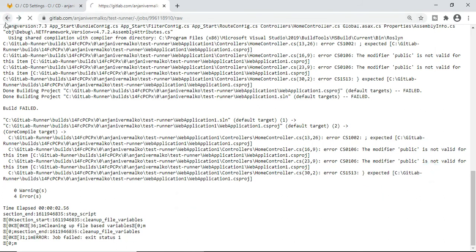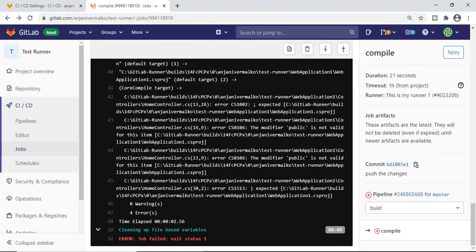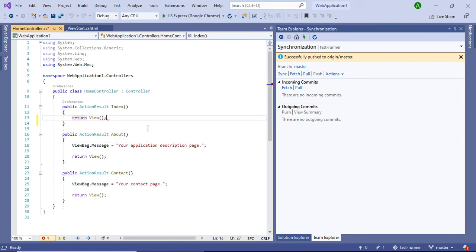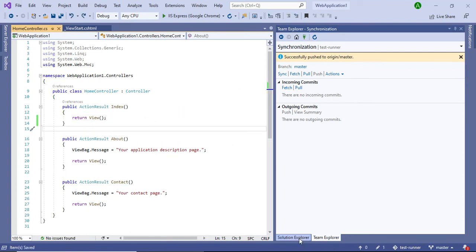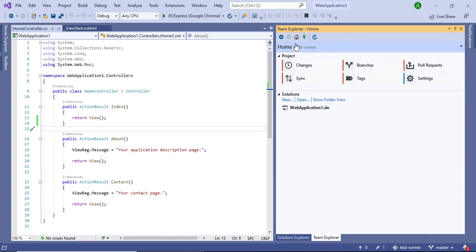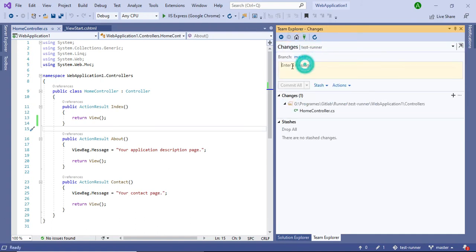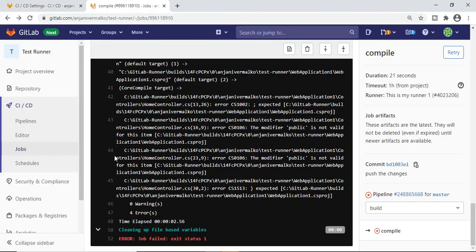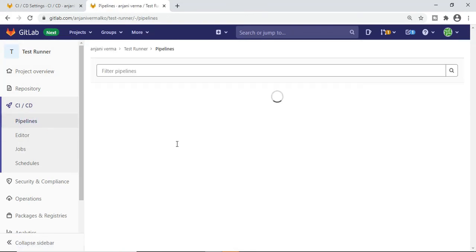So I'll go back to my pipeline, do Ctrl Z and save, and push with the fix. Now this time it will auto execute and pass perfectly.